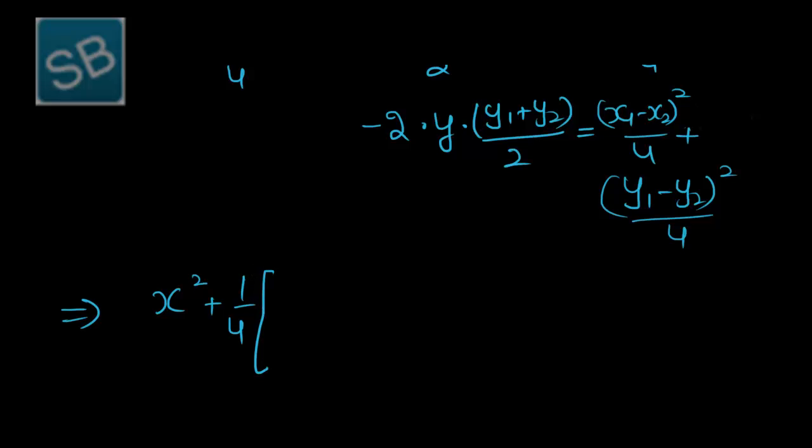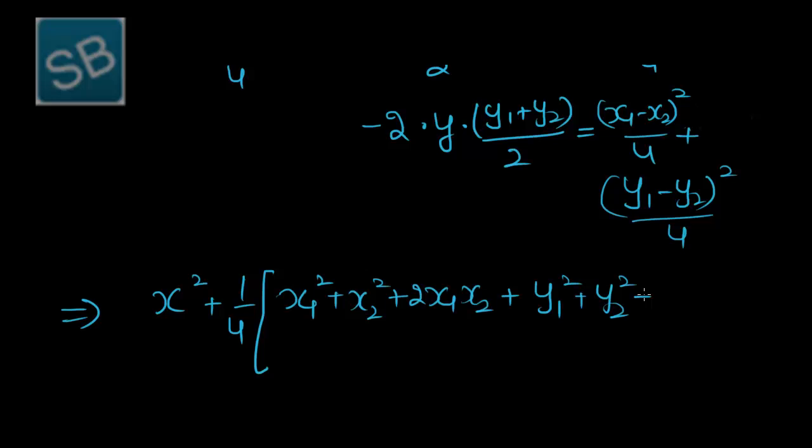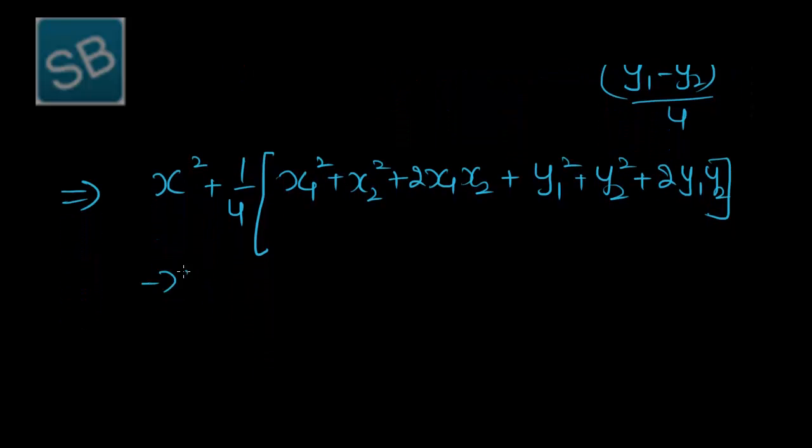In the square bracket we get (x1 plus x2) whole square, that is x1 square plus x2 square plus 2x1 x2, plus from here (y1 plus y2) whole square, that is y1 square plus y2 square plus 2y1 y2, and here 2 and 2 cancel out, and minus x into x1 minus x into x2 minus y into y1 minus y into y2 is equal to 1